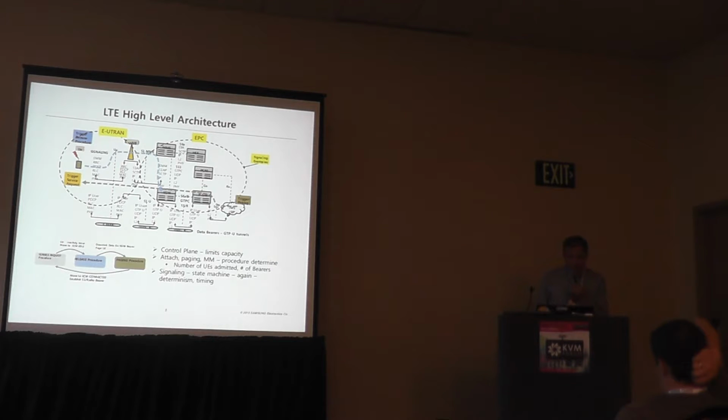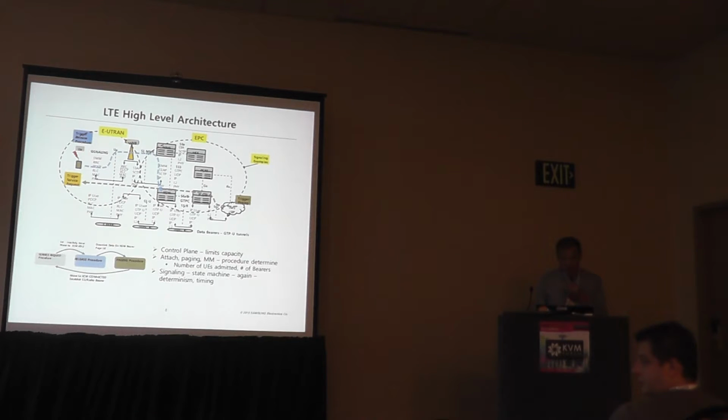Another way to look at it is just a really big state machine. So, for example, if I have a mobile, and that mobile has just attached, and then that mobile happens to go inactive, and typically carriers set that to about 10 seconds or so, then that mobile will issue a release procedure. That release procedure will go up to the MME. The MME will tell the serving gateway to tear down the tunnel to the eNode B, because there's no point in following that mobile as it's roaming through different